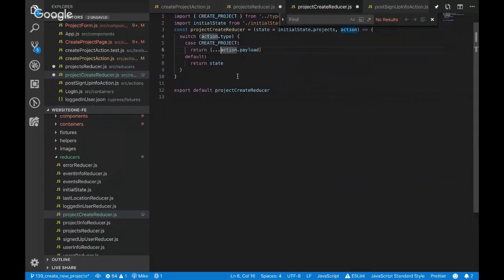The payload was... yeah, I think this does not even make sense. Why do we need to